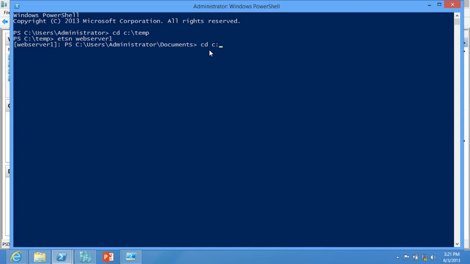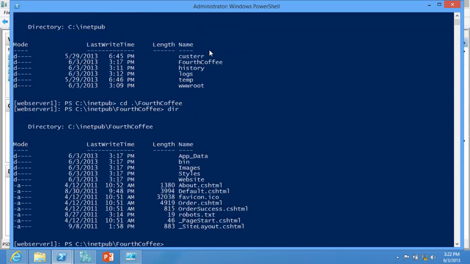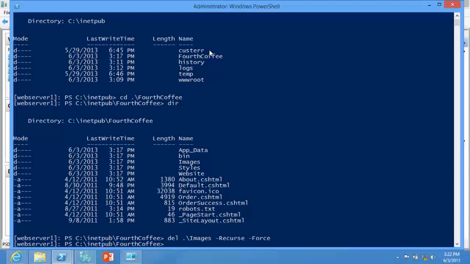I did this once completely by accident when I deleted not everything out of the root, but enough. Fourth copy, yes. He's here to make sure that I really don't screw up everything. And we're just going to delete it. We're going to delete all the images, recursive. We're feeling lucky, we'll just say force. Go for it. He nods his head. It's his fault now, just thought I'd tell you. Now, it's the captain's decision.